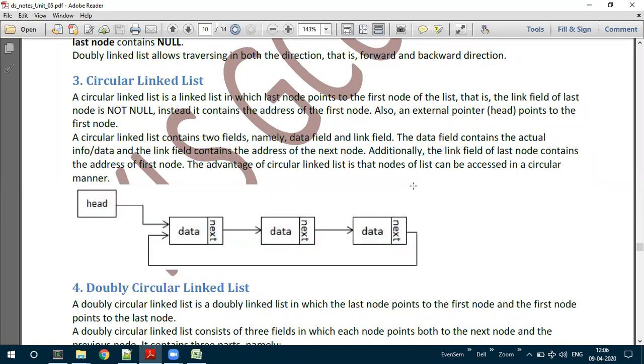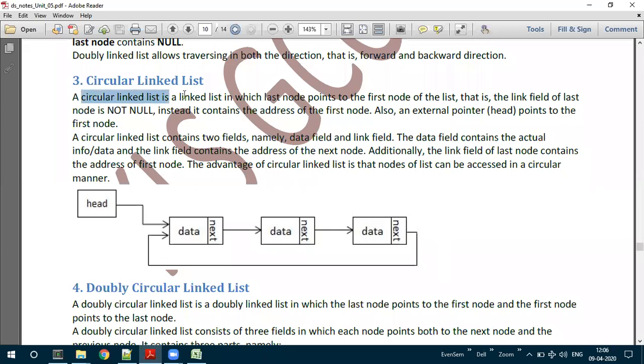But in the circular linked list, it will not contain the null value; instead it contains the address of the first node, so that all the nodes are in a circular fashion and each node can be accessed in a circular way.